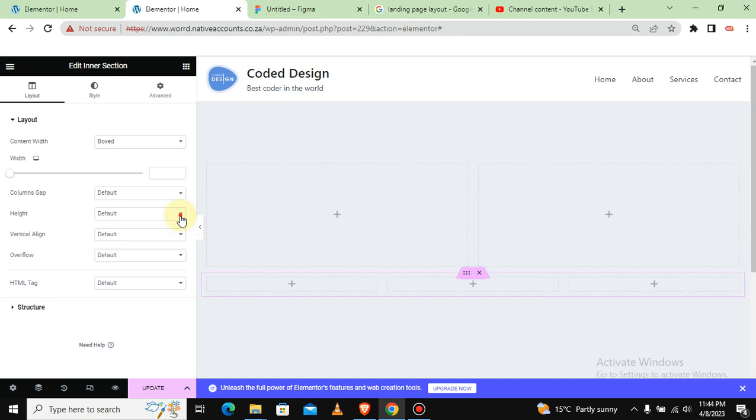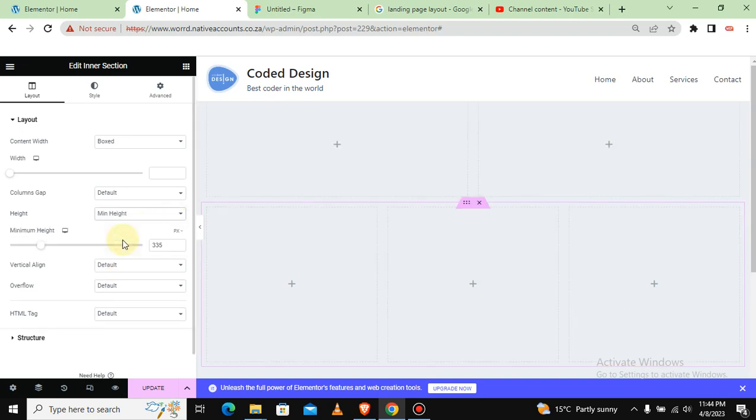Also, let's change its height to minimum height. As you can see, now this part has jumped behind the navigation bar, and that's not what we want. So what we can do is decrease the minimum height of this bottom section. Okay,